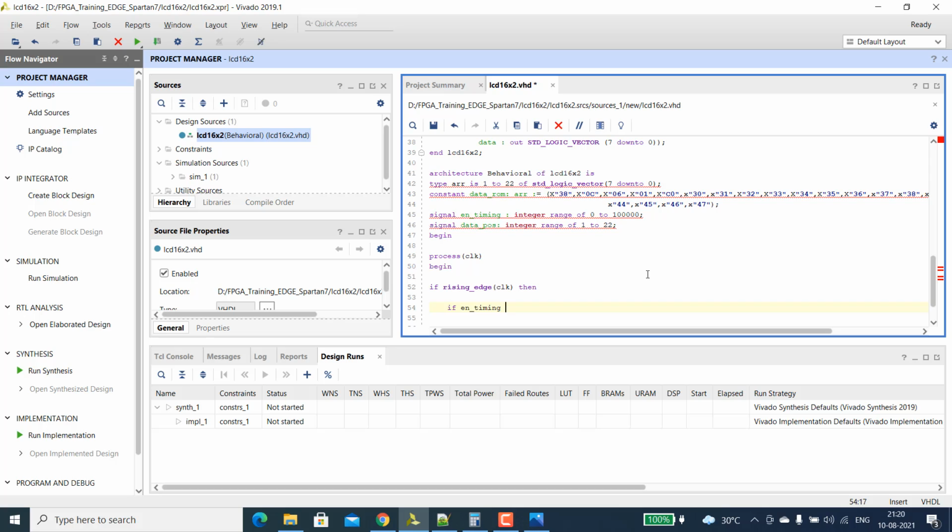If it is less than or equal to 5000, then we have to increment this timer: enable timing equals enable timing plus 1.